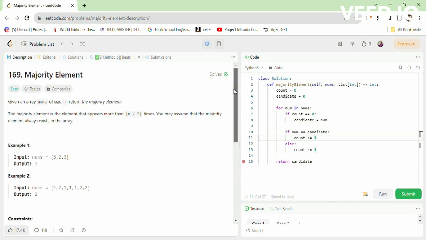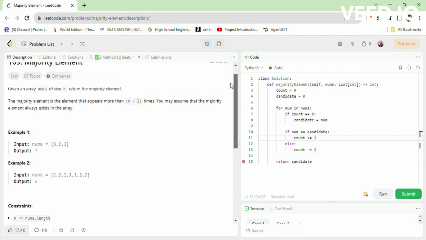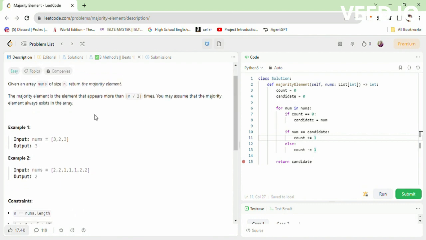Let's start the problem number 169. Majority element. Given an array nums of size n, return the majority element. What is majority element? The element which appears more than n by 2, where n means the size of